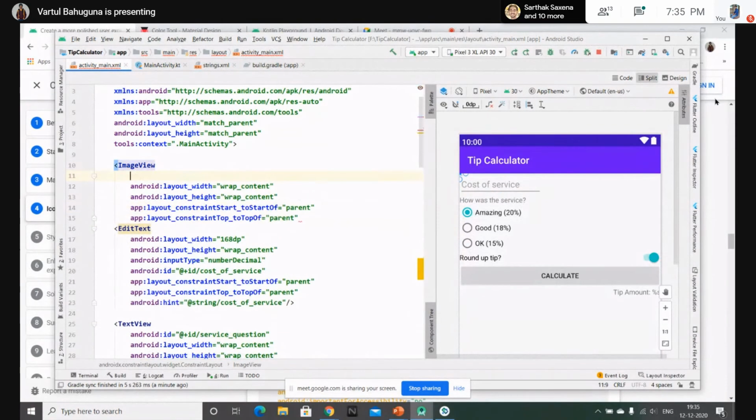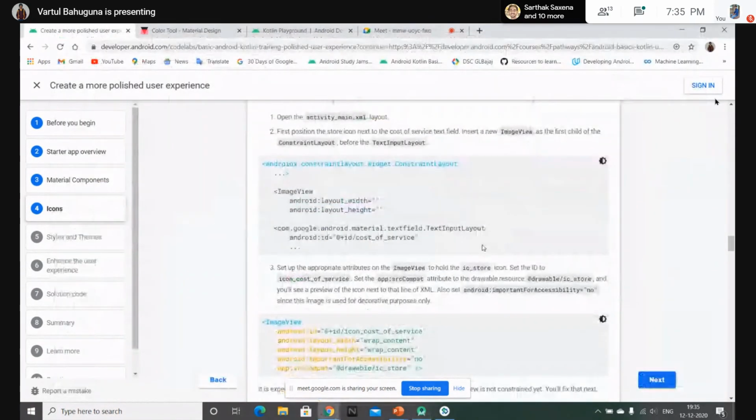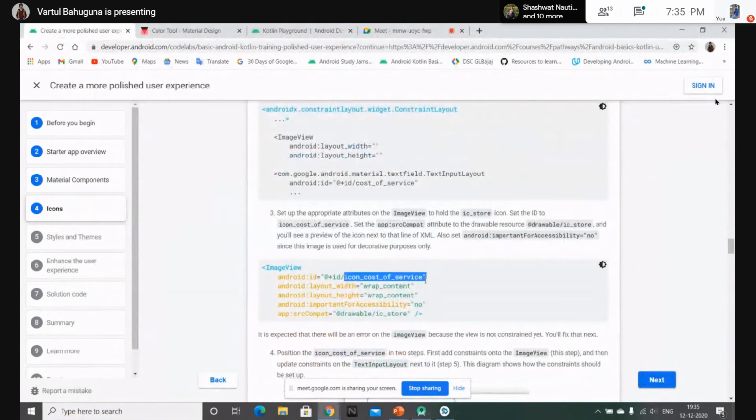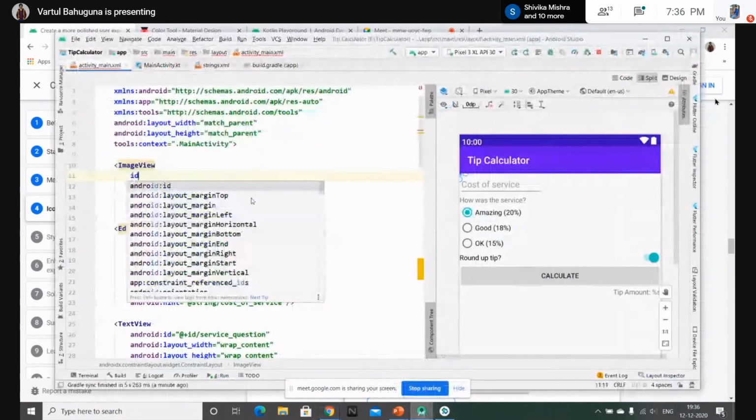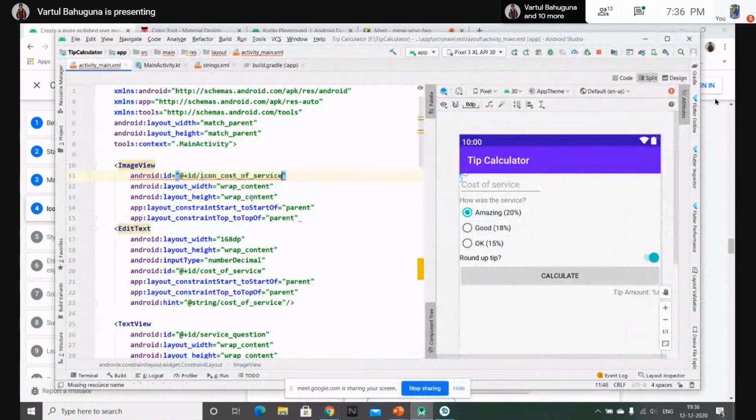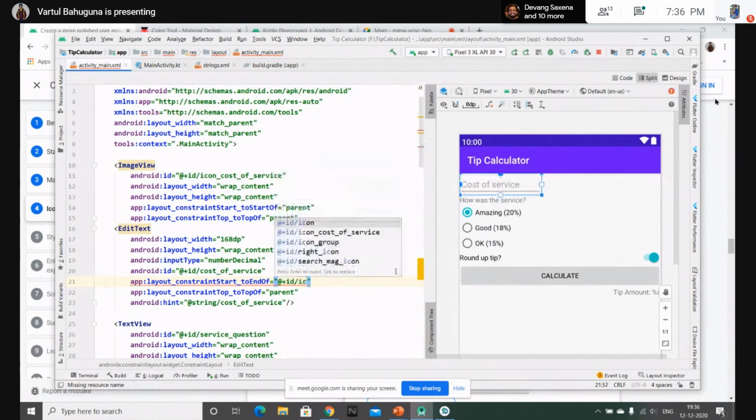Let's provide an id. The id is icon cost of service. Then the start: since the text needs to appear, the starting of the text should be from the end of the icon cost of service.